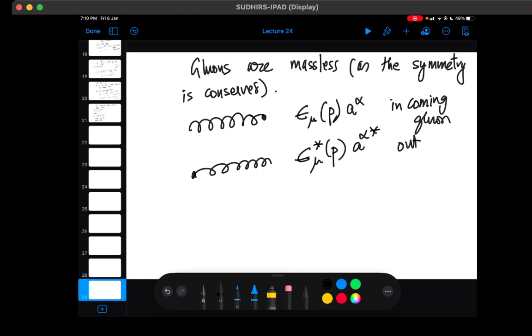If you put the color factors, I'm just writing alpha, beta, lambda, rho, say for example, then you'll have something like f alpha, beta, eta, alpha, eta times symmetrization mu lambda times mu rho minus mu rho mu lambda